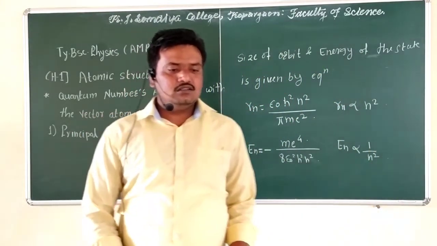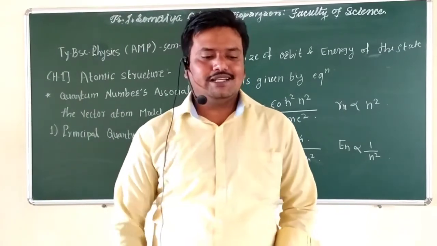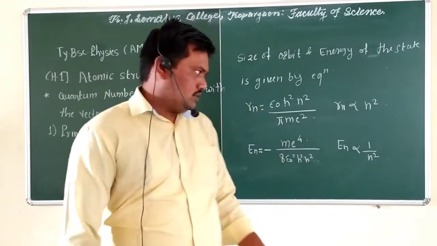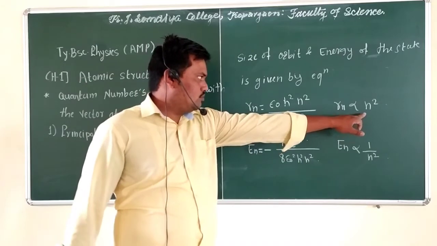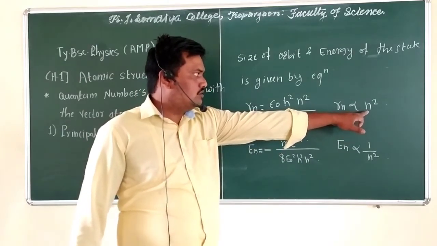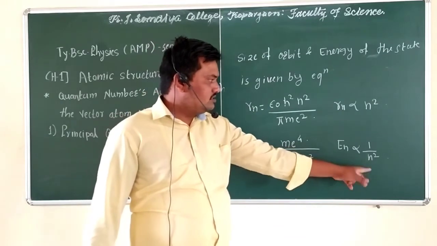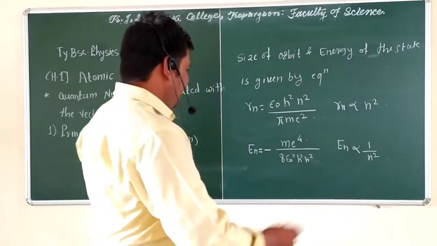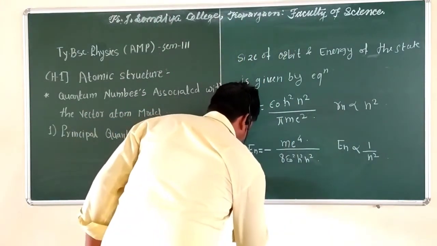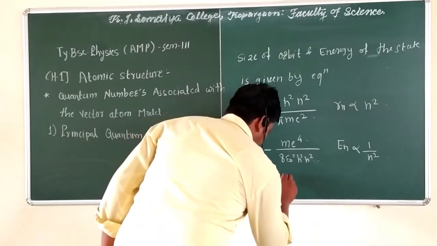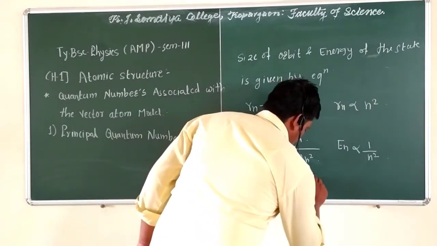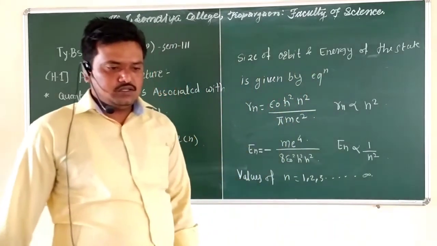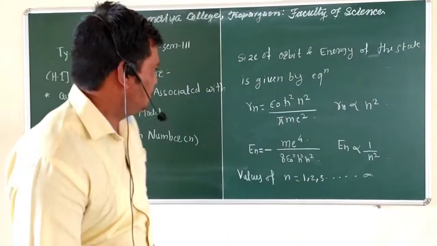So this indicates that the size of the orbit and the energy state depend on the principal quantum number, because R is directly proportional to n square, and energy also depends on the principal quantum number. The values of n are 1, 2, 3 up to infinity, and